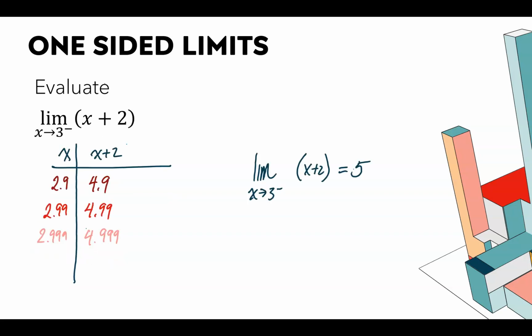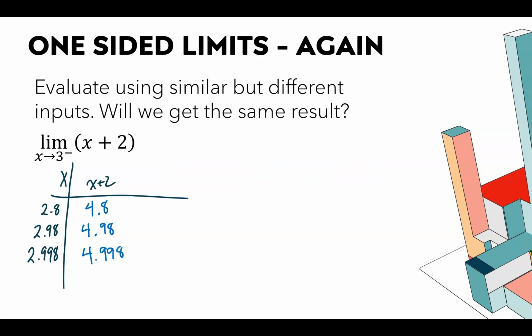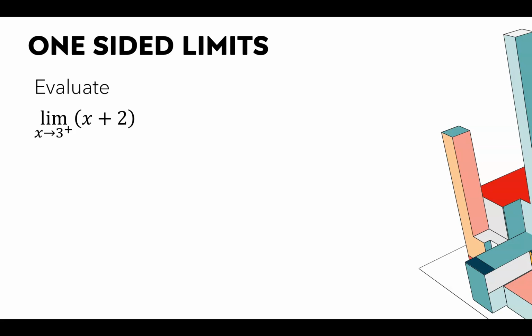So we might as well use numbers like 2.9, 2.99, 2.999, and then maybe if you need more, just keep getting closer and closer to 3 or 5 or whatever the input is. You don't need to be fancy. It doesn't really matter where the exact numbers that you use in an input, so let's not really think about it. So if we're going to do the limit as x approaches 3 from the right,